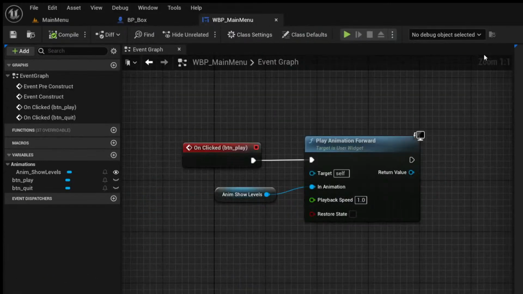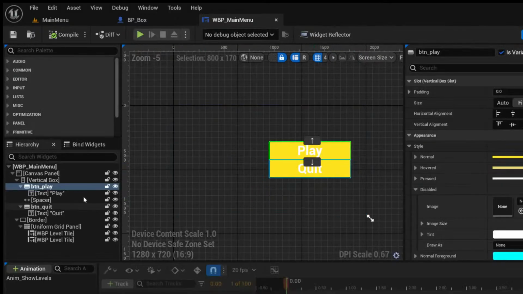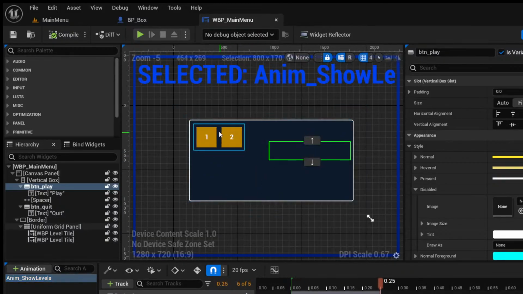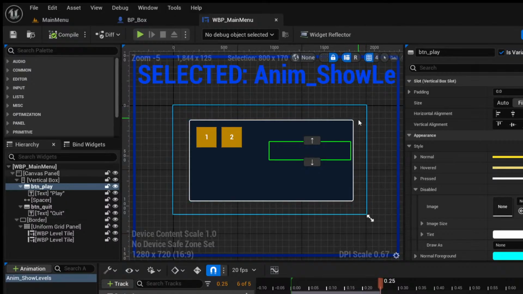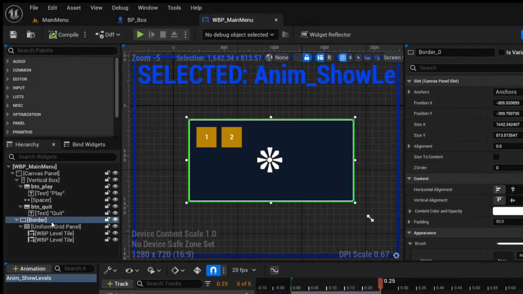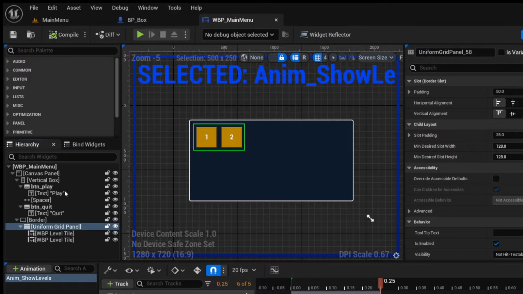Now let's add a way to close the level border, and I want to do this by adding an overlay button, a red button, that will indicate closing this. And this can be done simply by going to the border, and within, yeah, we need to overlay this one. So wrap with overlay,